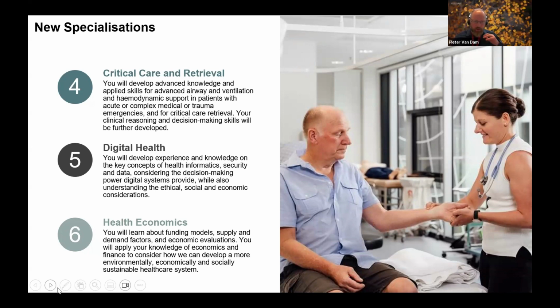Digital health is around the key concepts of health informatics, and how do you ensure that your system is safe, and how do you avoid breaches within that system, but also what are some of the social and economic impacts of digital health. For example, looking at My Health Record and the uptake by health consumers, and what do they do with that information,